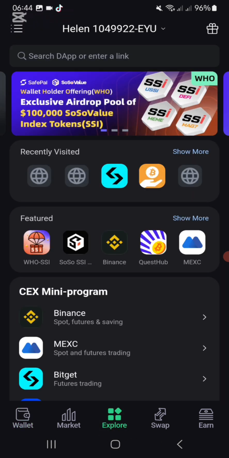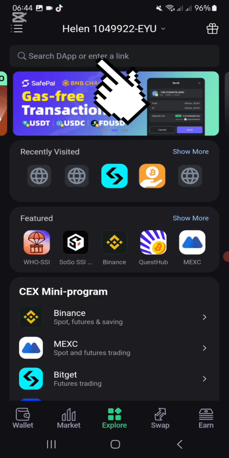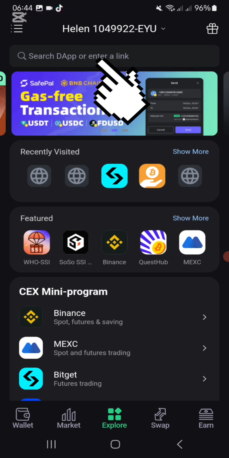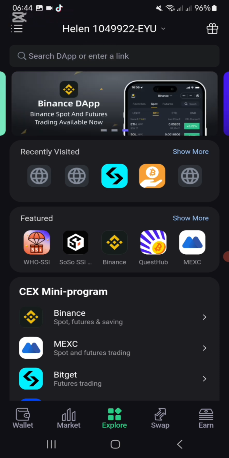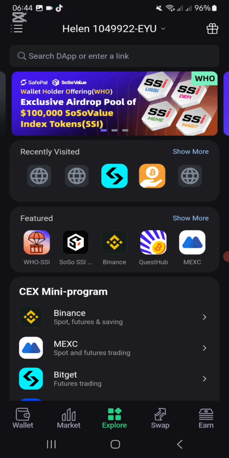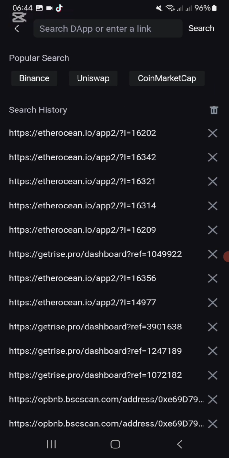You're going to press Search the app. If you are not on SafePal yet, it's going to ask you a few options. Yes, I know the app. Do not tell me again. And you will say confirm or something and you'll come up to this screen. You're going to click. That's all you're going to do there.